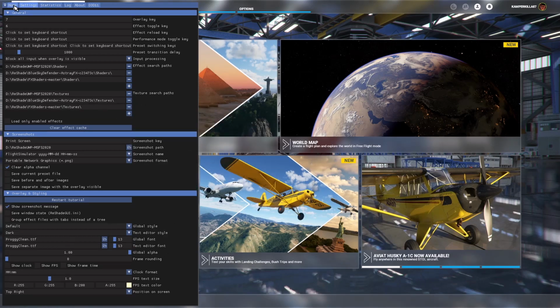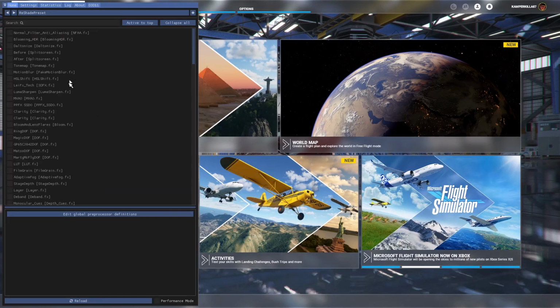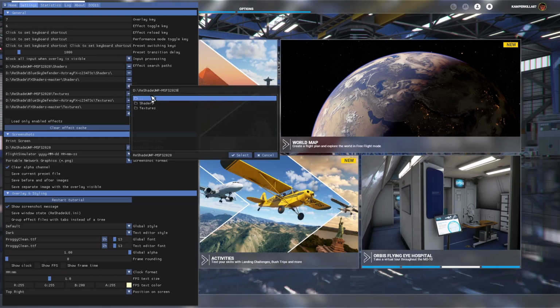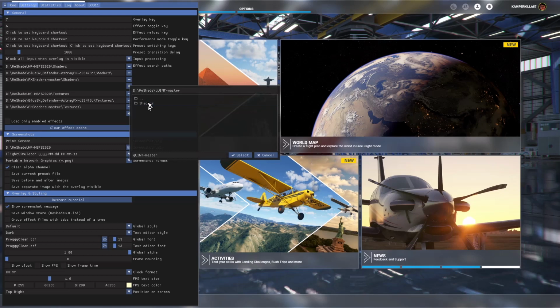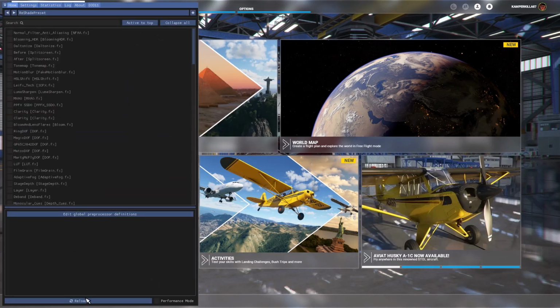Alright, we'll go home again once more, just hit reload, and now those effects are in there, okay? So we're going to do one more, the other one that we downloaded. We'll go back to settings, plus, double click, find your ReShade folder, and we want the Quint master. Okay, double click. Now notice this one doesn't have a textures folder, so you don't have to worry about it. You're just going to do the shaders. Hit select. Go back home,